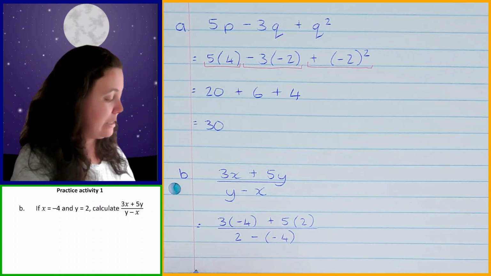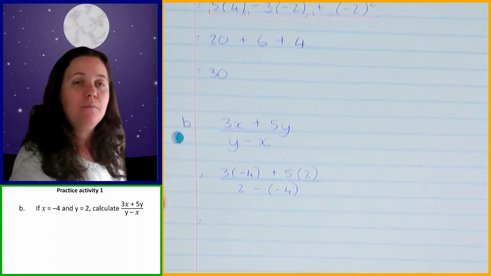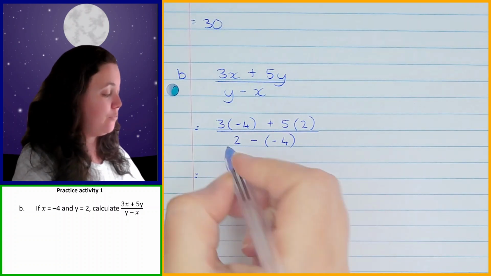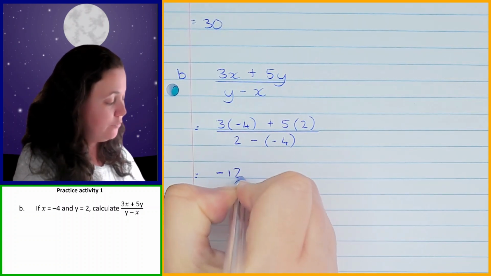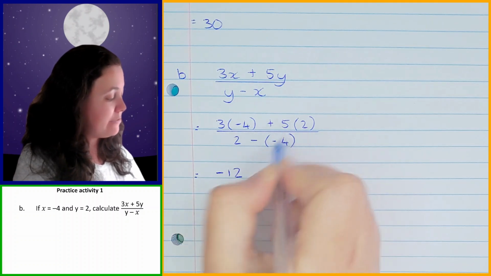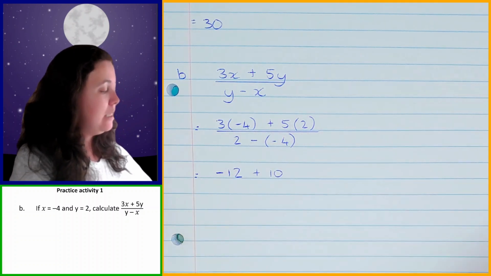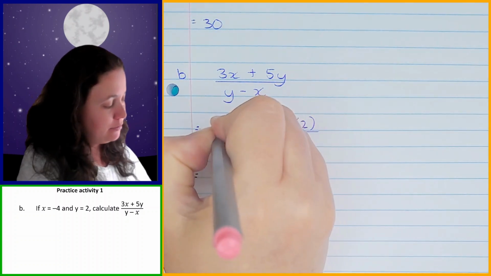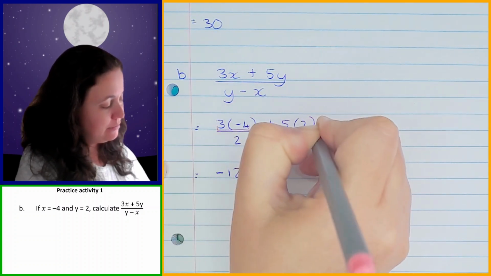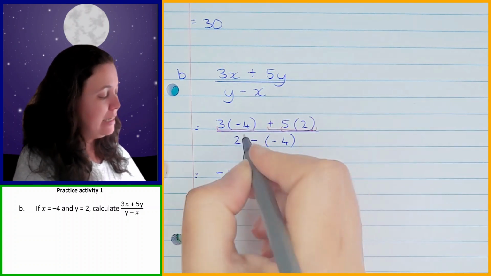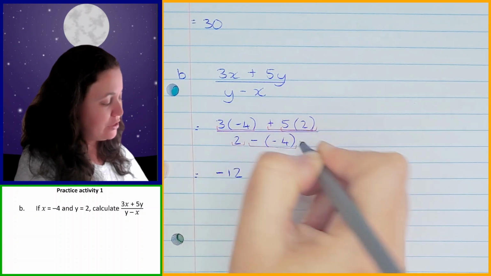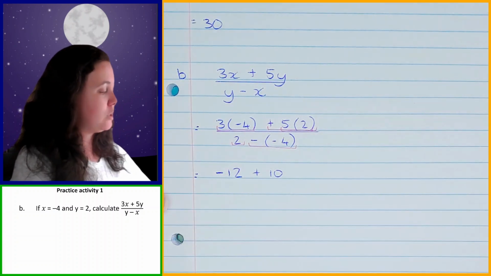So first of all, at the top of my fraction, I have got my 3 times negative 4, that gives me negative 12, plus 5 times 2 is plus 10. Okay, so at the top I'm doing these terms separately, like that, and like that. Okay, and at the bottom I've got a term over here which I can't do anything with, and I'm going to go and simplify this as well. So over here at the bottom of my fraction,